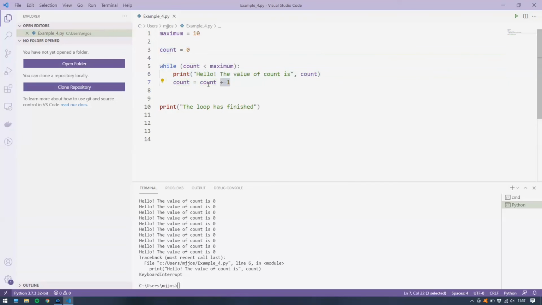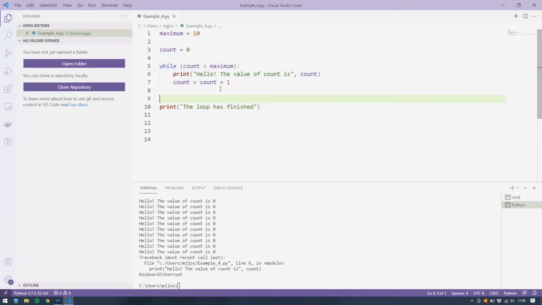1 to count. The second time the loop runs, count will contain 1, and it will add 1 to it, so that will give 2. So it will then store 2 in the count variable. Python will then come up once again and check, is 2 less than 10? That will be true, so Python will print the line once more, and then it will add 1 to the 2. That will give you 3, and that will store 3 inside count, and so on and so